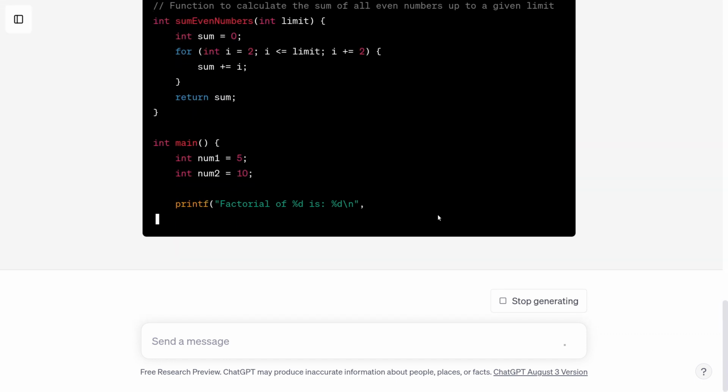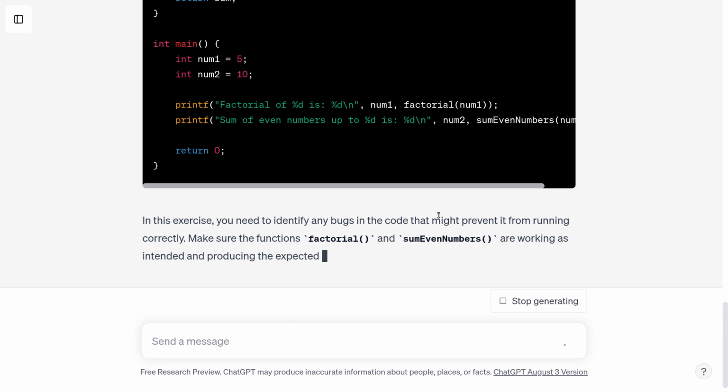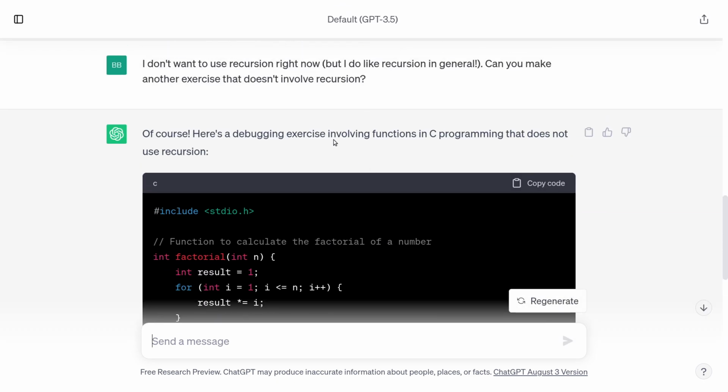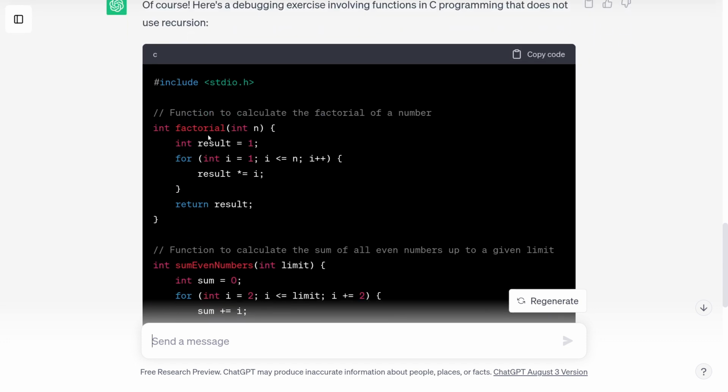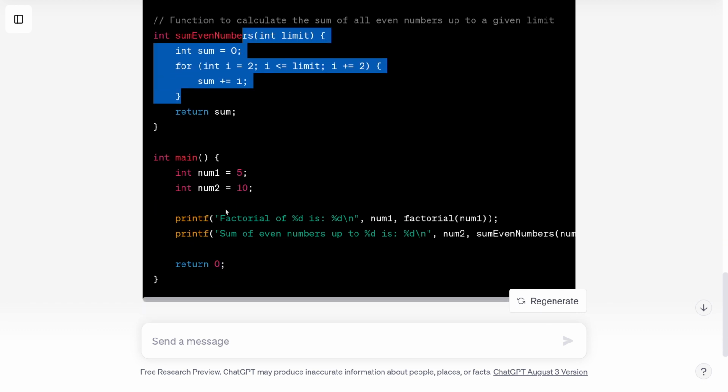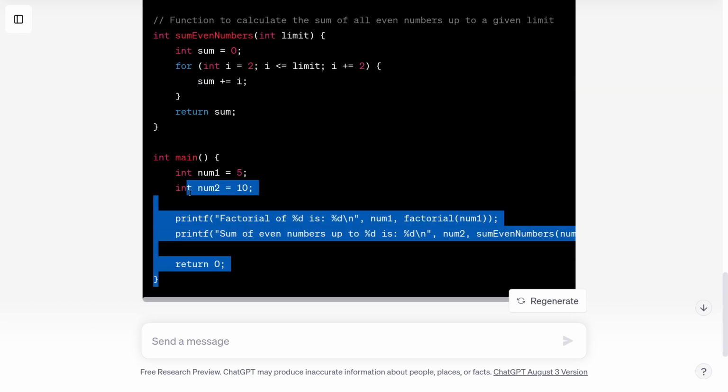It looks like a pretty similar exercise that it claims doesn't involve recursion. There's the factorial function, and then here is another function, apparently to sum all of the even numbers up to a given limit. And then there's a quick main function that just calls each thing.